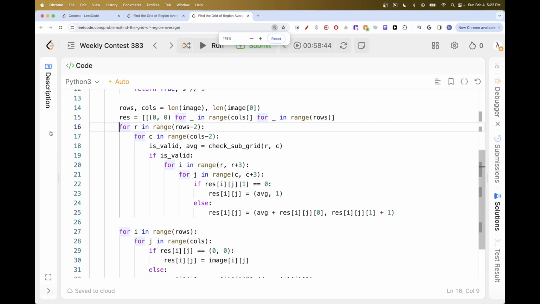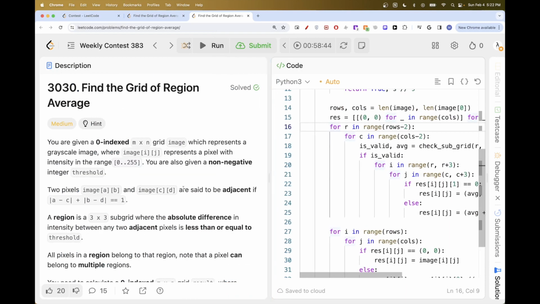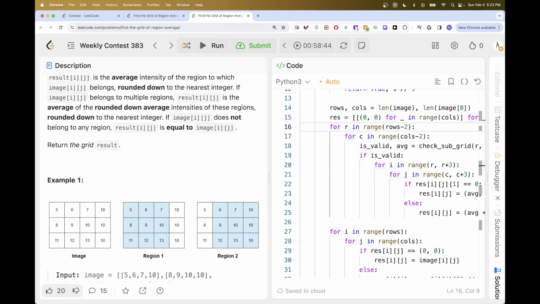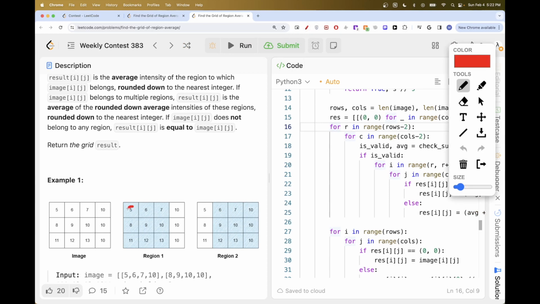For example, here, the only possible candidates are this one, by the start I mean the top left, and this one. Because if you take this one, for example,